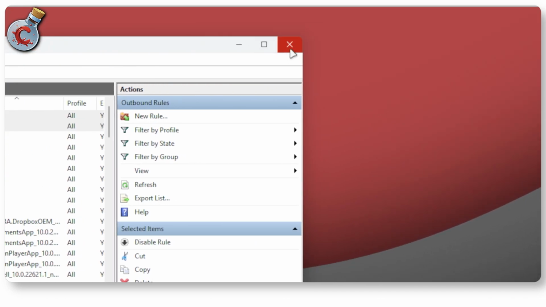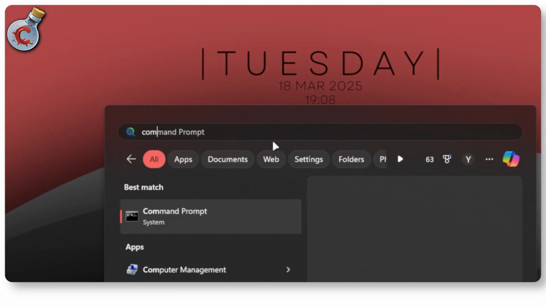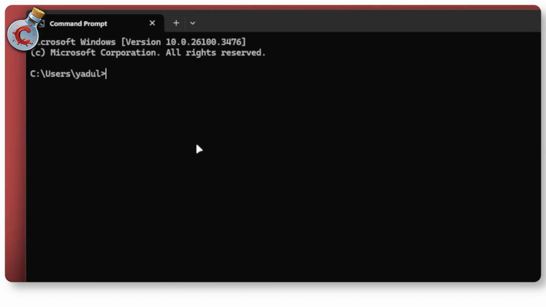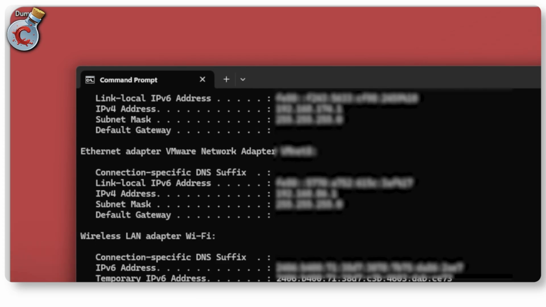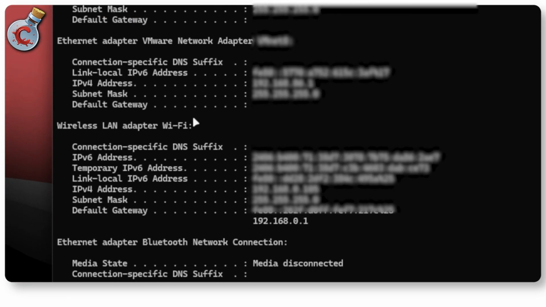Now, the easiest way of doing that is closing this, heading over to the start menu, and then searching for command prompt. I'm going to go ahead and launch this. Now in here, I'm going to type in ipconfig and press enter. Now you will see a lot of information here, but what we are really going to focus on is the IPv4 address, or the default gateway rather, which is going to be 192.168.0.1,